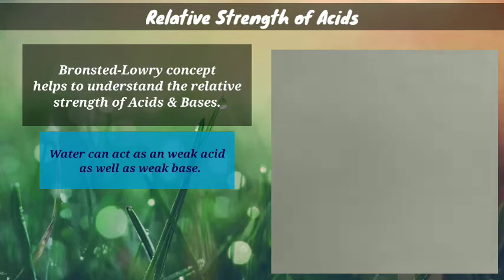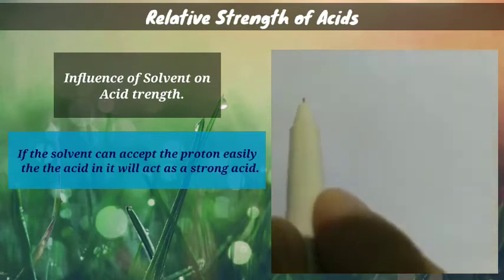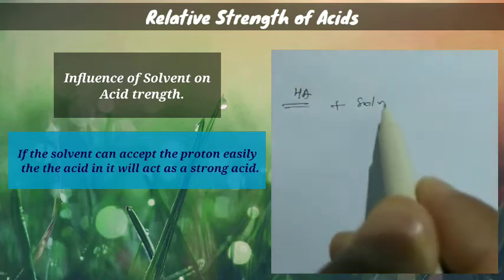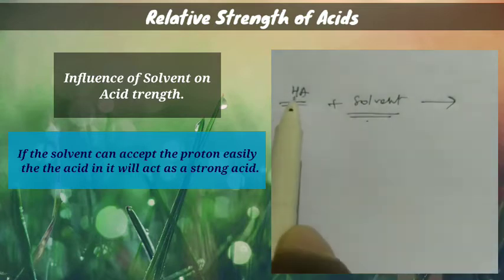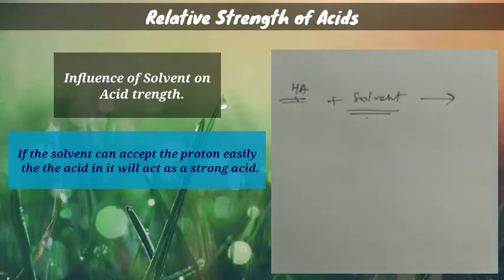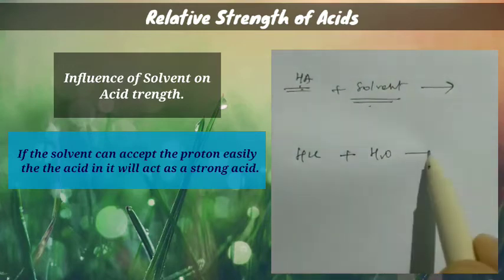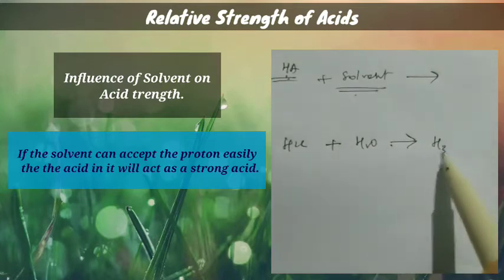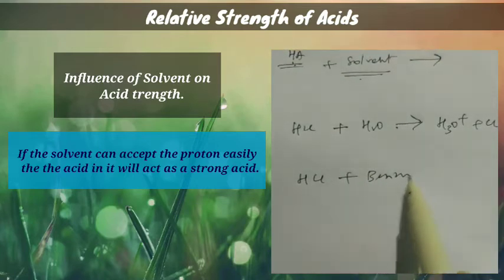Now the next point is that the strength of an acid or base also depends on the solvent. Let's suppose you use some acid in some solvent. If the solvent does not accept that H positive ion easily, then that acid will not be a strong one. For example, HCl in water will give H3O positive plus Cl negative. But the same HCl if you take in benzene,